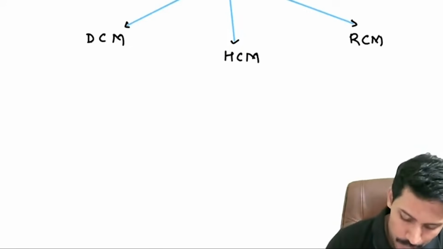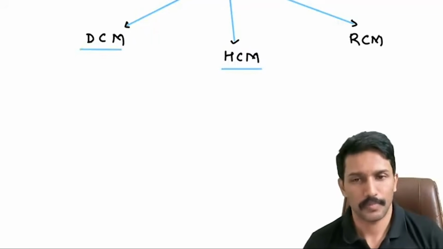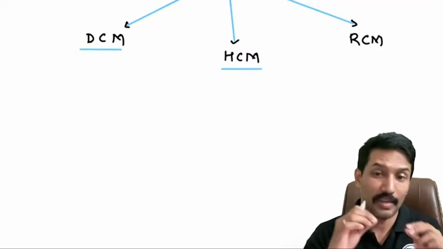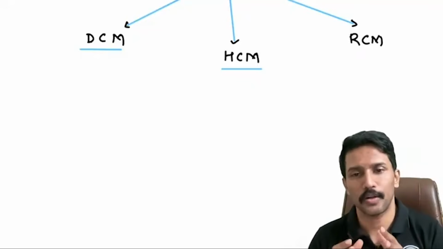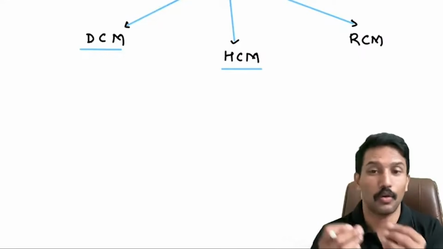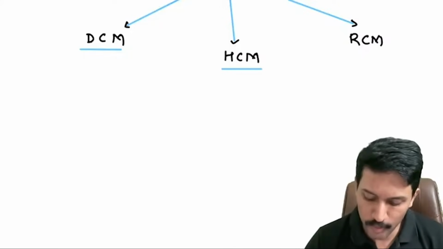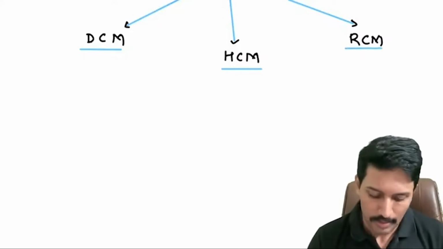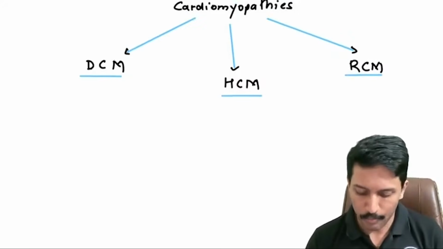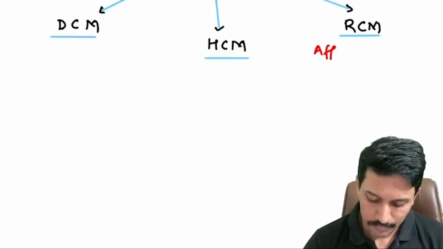Okay, hypertrophic cardiomyopathy and dilated cardiomyopathy are very common. Dilated cardiomyopathy is the most common clinically apparent cardiomyopathy, and hypertrophic cardiomyopathy is overall the most common cardiomyopathy, though patients are asymptomatic and they are not usually diagnosed. That's why I don't say clinically apparent. Restrictive cardiomyopathy is relatively rare. Okay. Here I want you to know one important point. The restrictive cardiomyopathy mainly affects